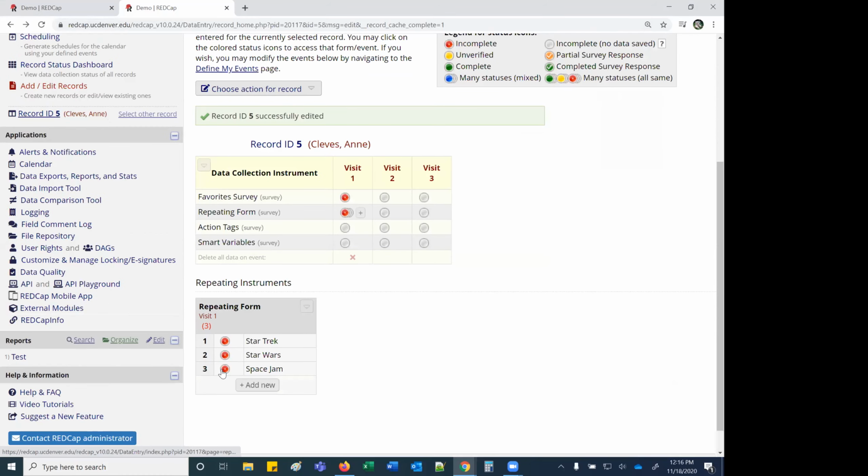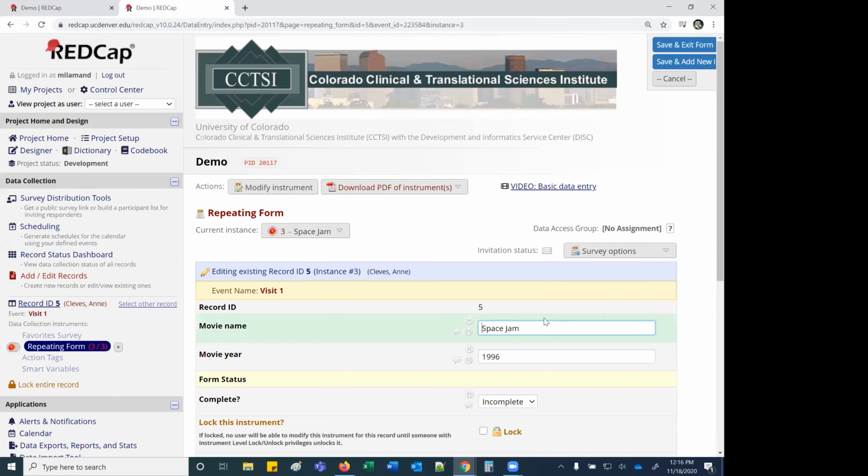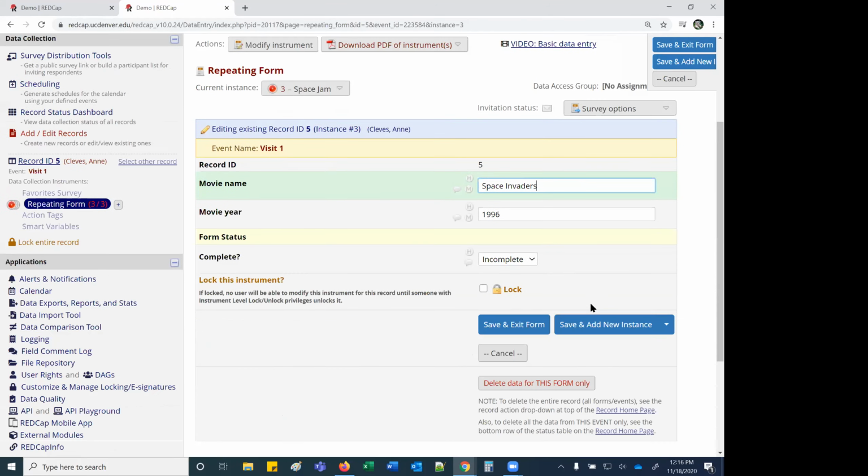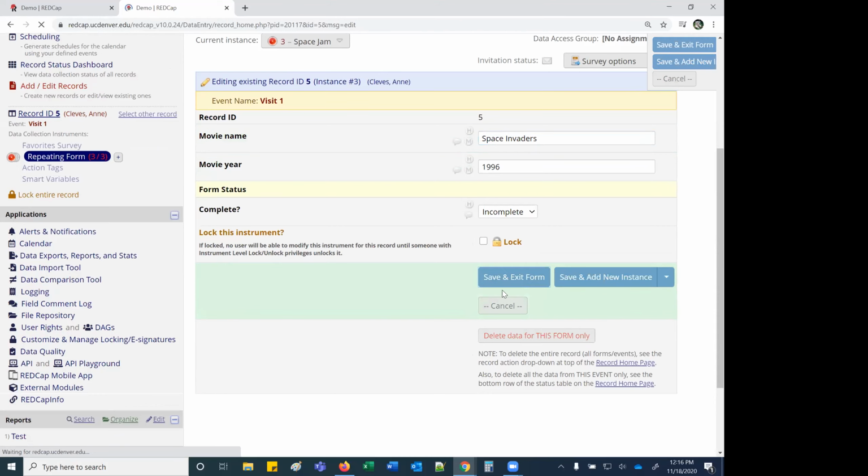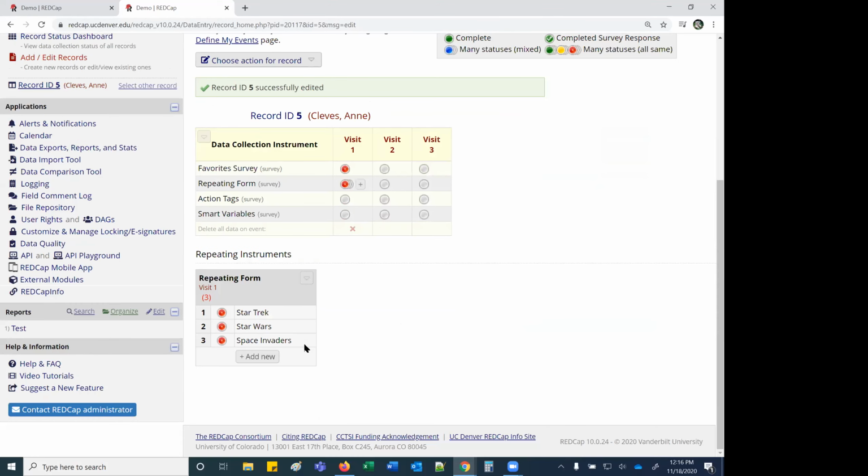And if I come in here and I change this, you can see the label changes with the new instance. So it's a really powerful tool that can add a lot of functionality to a project and a lot of complexity. And the reason I wanted to show that one first is because